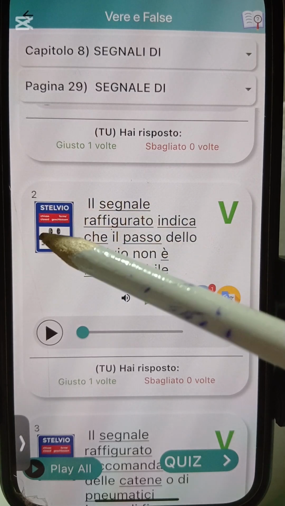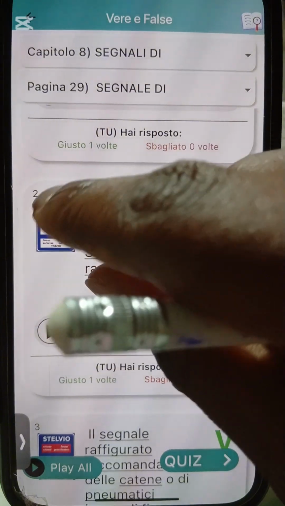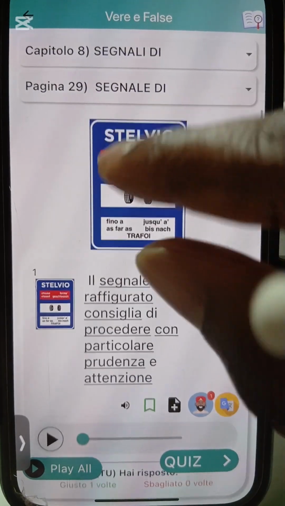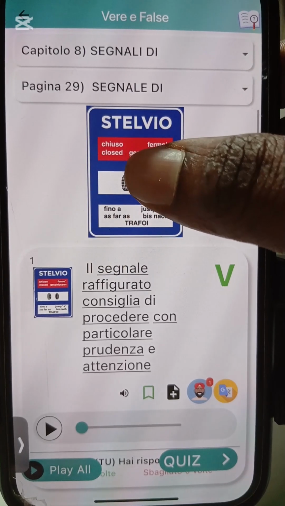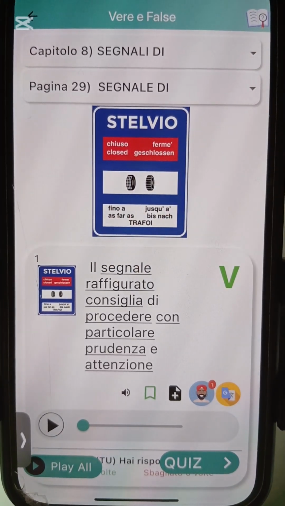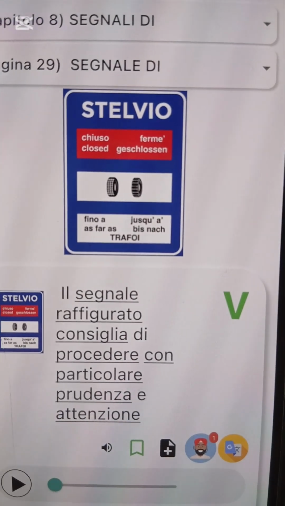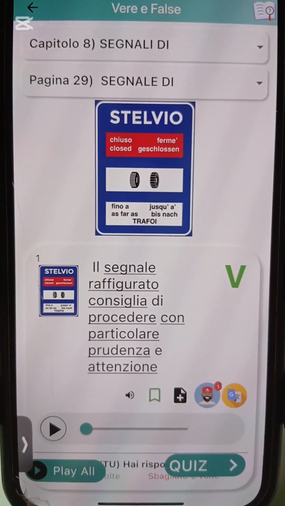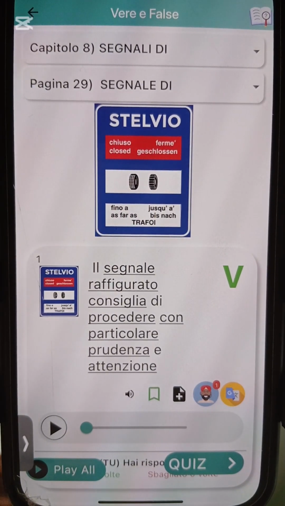Like if you look at the picture now, you go see am say they say fino a travor. If you zoom the picture, I don't know why I cannot touch this picture. If you zoom the picture now, e tell you say fino a travor. So e tell you now, this sign dey tell you now say you no fit reach Stelvio again because the road don close.